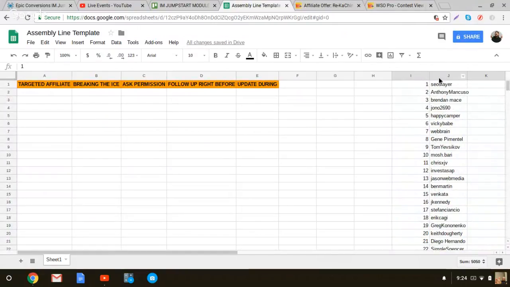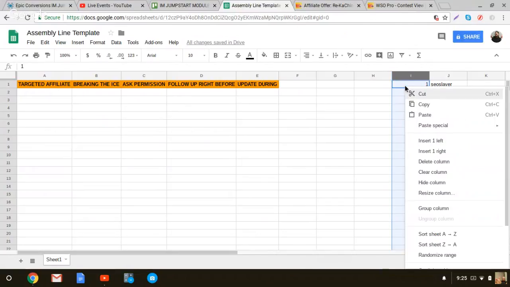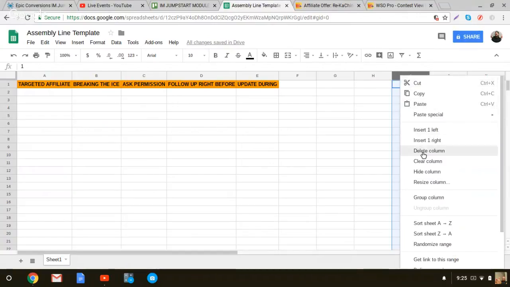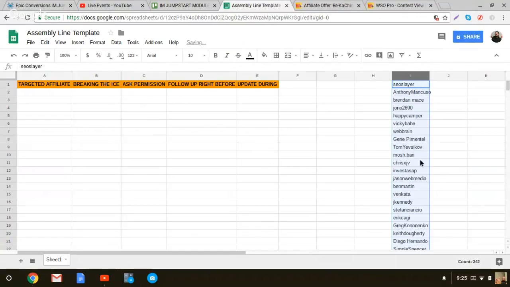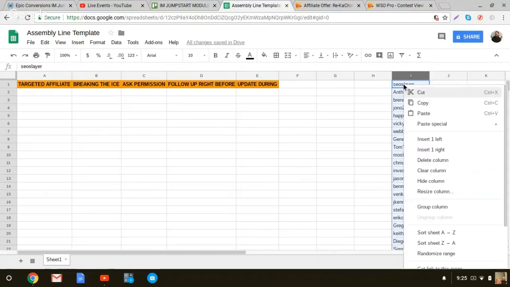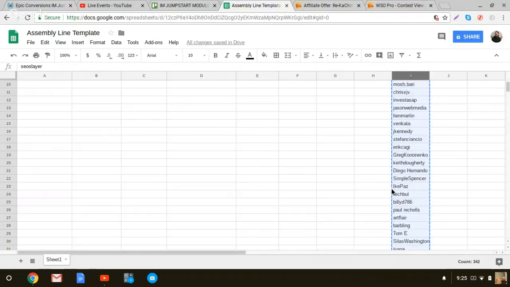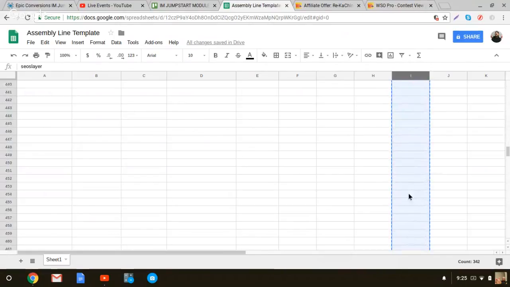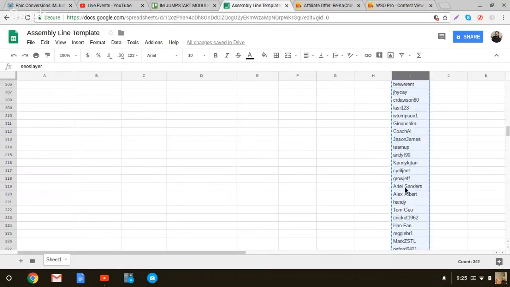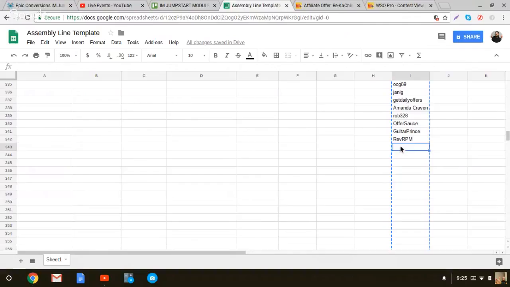So now the trick is I don't really need these numbers. So what we're going to do is go ahead and delete that column. I don't need those numbers. I do need all these names, okay? But I need to get rid of the duplicates. So what I like to do is copy this list here. Actually, I don't even want to copy the whole column. I just want to get